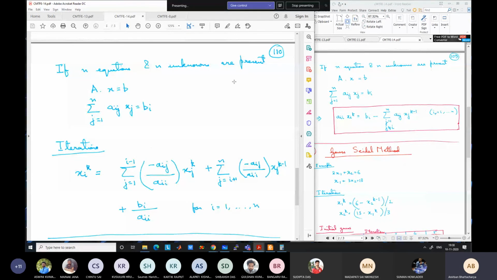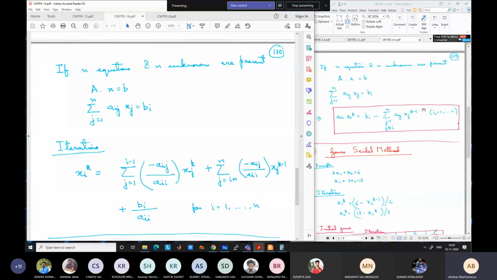If I have 20 equations, for the first 9 equations I have calculated the current iteration value. Now I am calculating for the 10th variable, meaning i equal to 10, and from 11 to 20 I have to use the old values. So for the 11th, when i becomes equal to 11, I will have all the previous 10 values known, and from 12 to 20 I will have to use old values. Like this you keep on proceeding. For the 19th value I will have 1 to 18 here, and only the 20th value will be here.